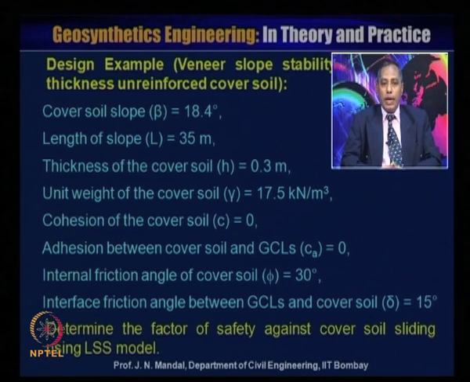So, interface friction angle between the geosynthetic clay liner and cover soil delta is equal to 15 degree. Now, determine the factor of safety against cover soil sliding using the